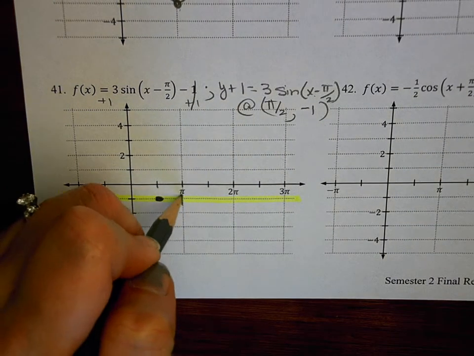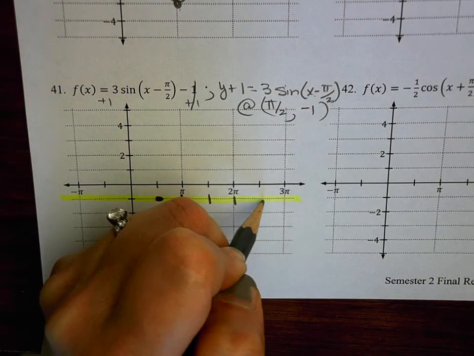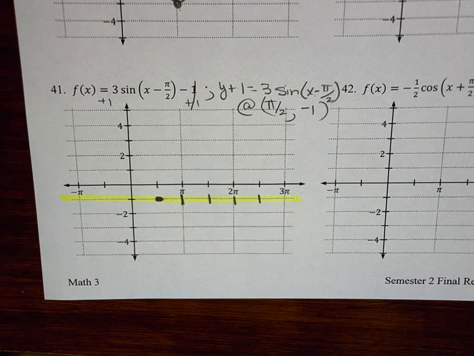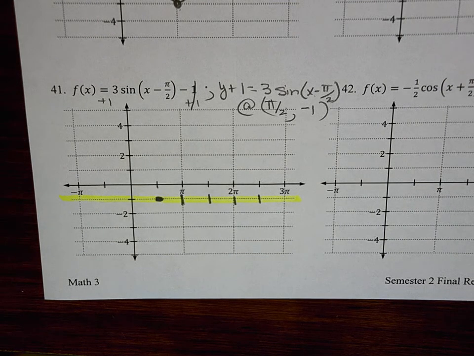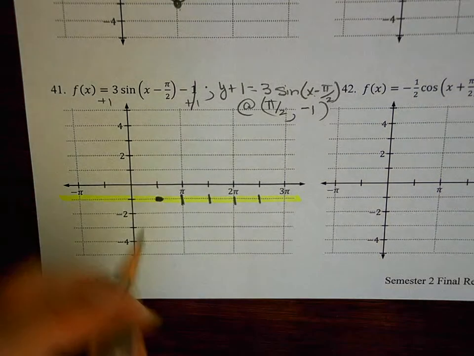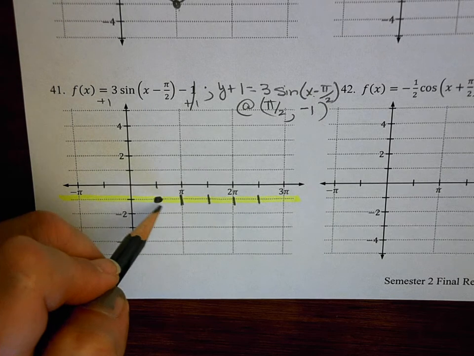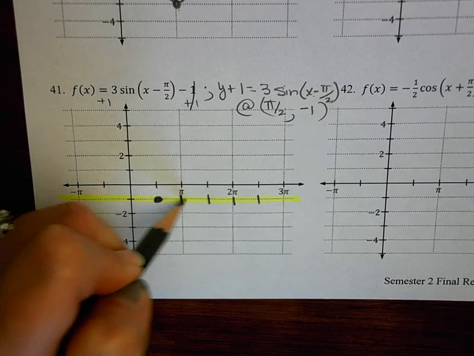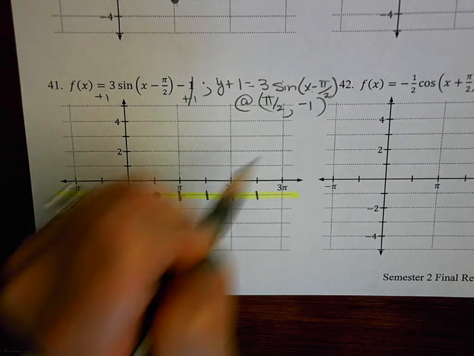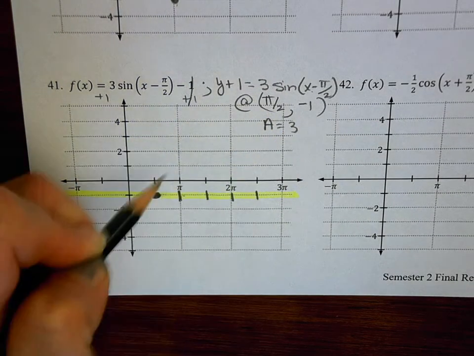And then from there, I'm going to go ahead and mark off 4 quadrants. So 1, 2, 3, 4. And then now I want to go ahead and graph from there. So the sine graph starts at the shift, so it starts here. And then now this one, so I go over 1, and so the first quadrant, now I'm going to move up 3 because A is 3, right? So A is 3, and my amplitude's 3. So from here up